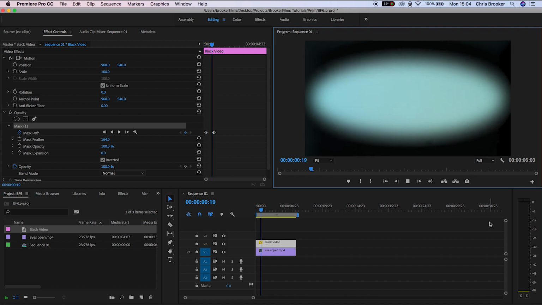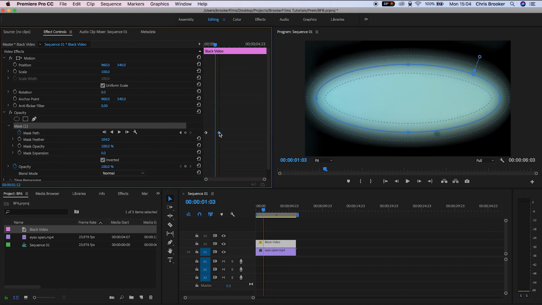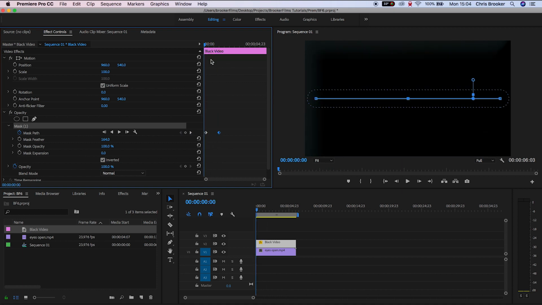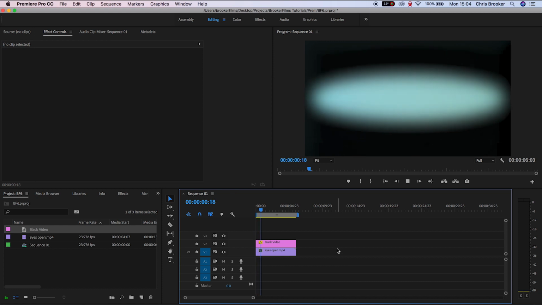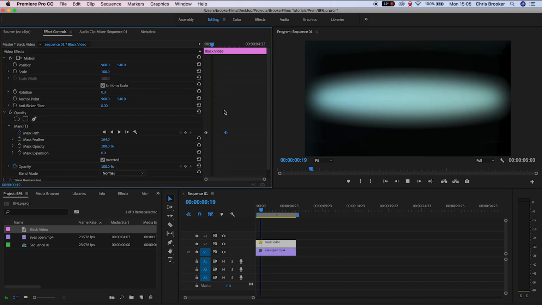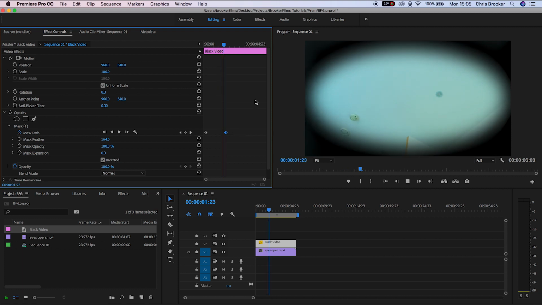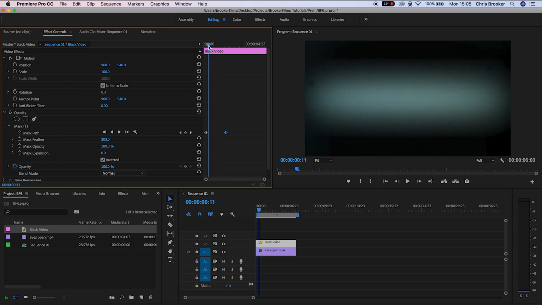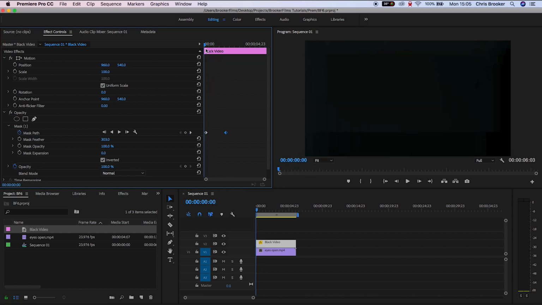Now if we play this back, you'll see that is a really rough and really fast version of the eye opening effect, but this is a little bit too fast and a little bit too ugly, so we're just going to pull that second keyframe out a little bit. We'll add a little bit more feathering to this effect. And there you go. It's really simple, it's really easy, and that is how you do the eye-opening effect in